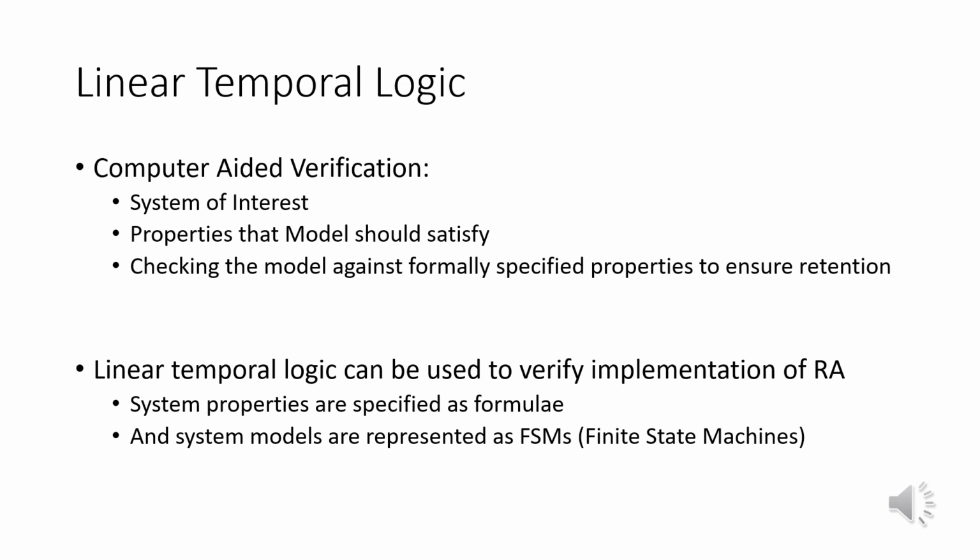In one method of checking, the properties can be specified as formulae, wherein the system's state would be represented by a tuple S, S0 and T, where S is the finite set of states, S0 is a subset of S and is the set of all possible initial states, and T is a transition relationship set defined by the relationship S cross S0.